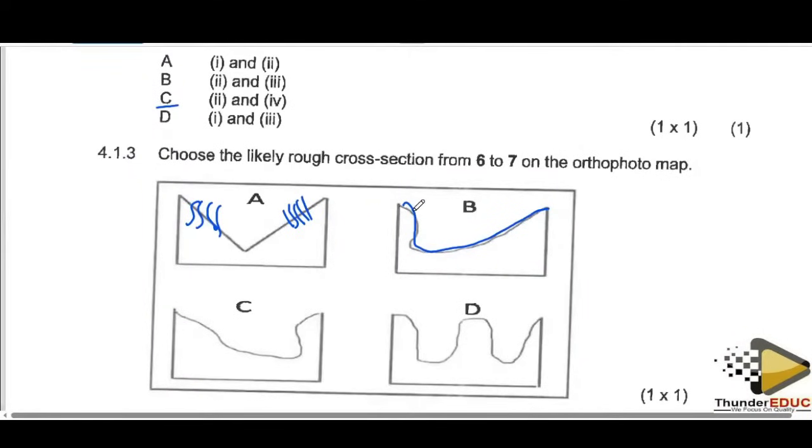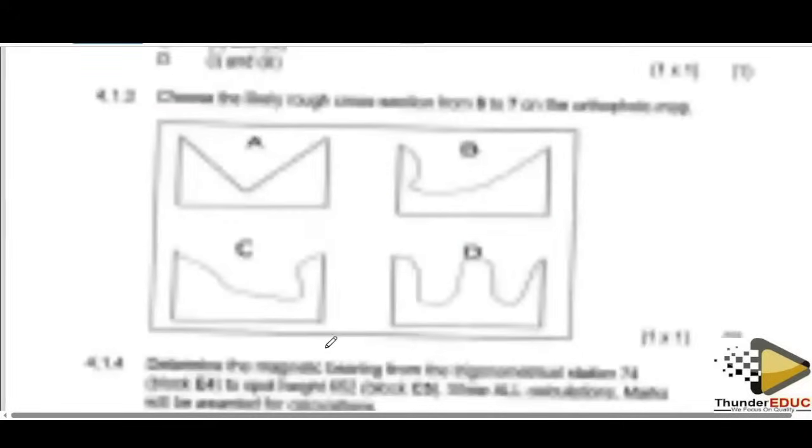So this side is supposed to be 0.7, it's supposed to be 0.6. So 0.7 is supposed to be gentle, but in this case, 0.7 is steeper. If we check on diagram number C,